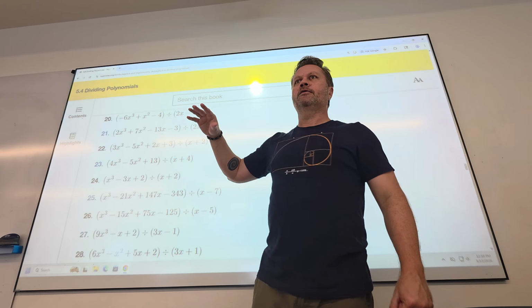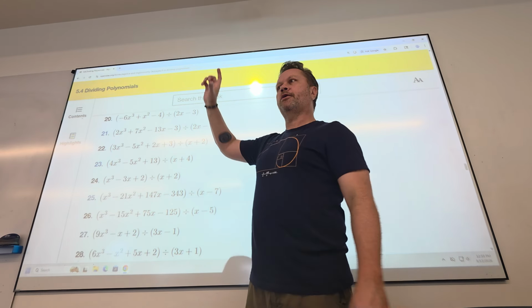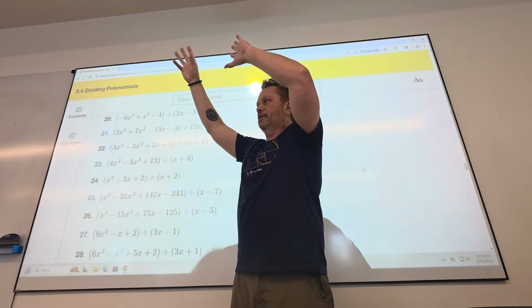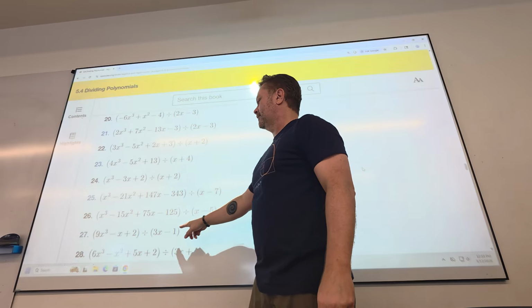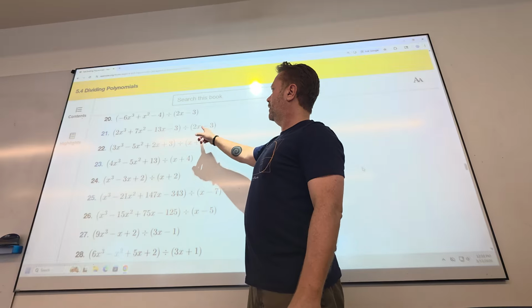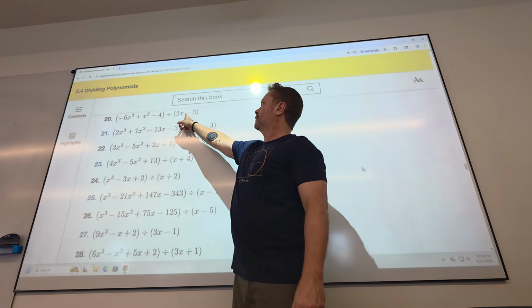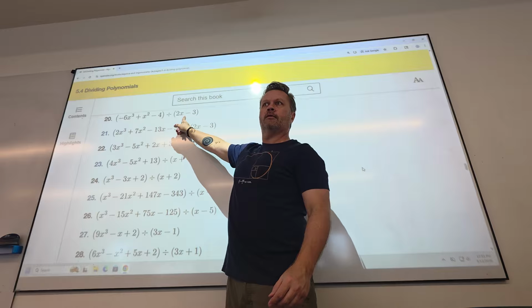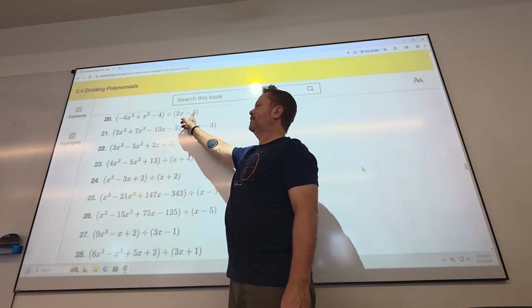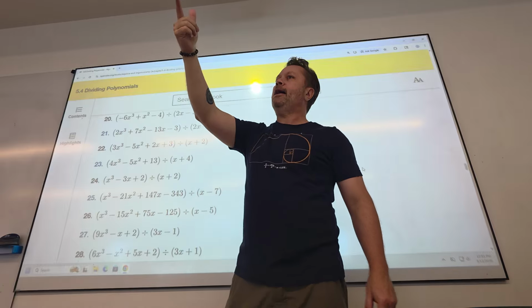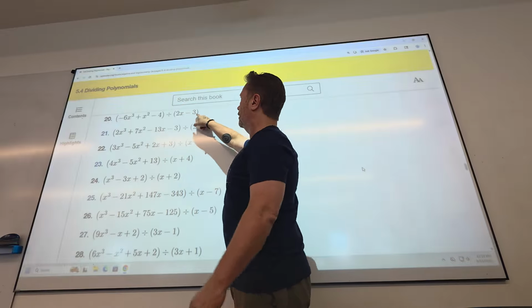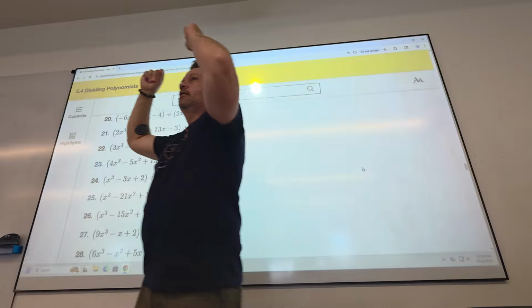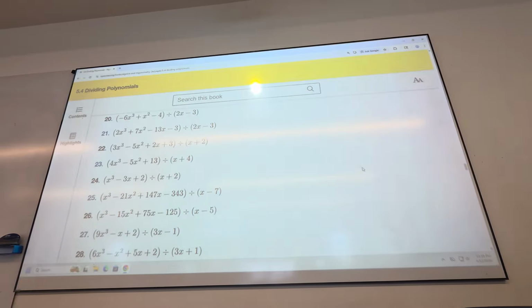You guys with me? So what goes in the penalty box? When you set up synthetic division, you have the little box on the side, and you put a number into it: the number that makes the thing I'm dividing by equal 0. So what makes this 0? I'm sorry, this one. They're both the same. 3. Nope. 2 times 3 is 6 minus 3 is 3. 3 halves would make that 0. Or you could just set it equal to 0, add 3, divide by 2. Do you guys see that? Yes? So in the penalty box, we go through